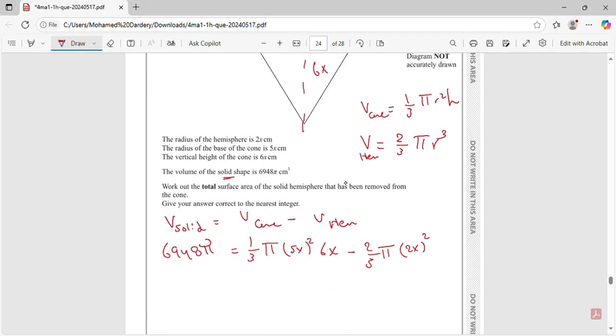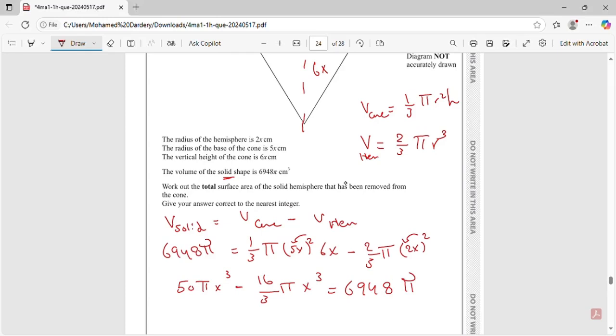After this, I will solve for x, as long as, of course, I have x as a common factor. I can cancel pi from all terms, and after I simplify, if I take an x common factor here, this would be 25, and this would be 4, and send it outside. It will lead to 50 pi x power 3 minus 16 over 3 pi x power 3 equal 6948 pi. Of course, we cancel